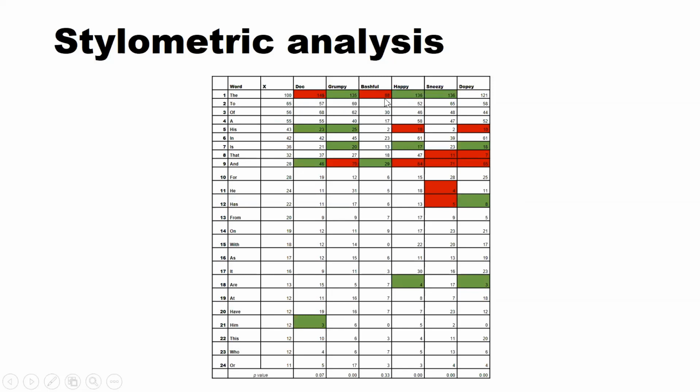So I had to see if they're using the same sort of proportions. If the blog was 100, then maybe I should be close to 100, that sort of thing, for all 24. And then at the bottom, I got a p-value from doing a chi-square analysis, but it didn't really produce very much. The highest was 0.33. To be more accurate, it probably should have been closer to 1, like a 0.9 or 0.88. That would be more conclusive. And to me, this showed that it probably was a case of multiple authorships.